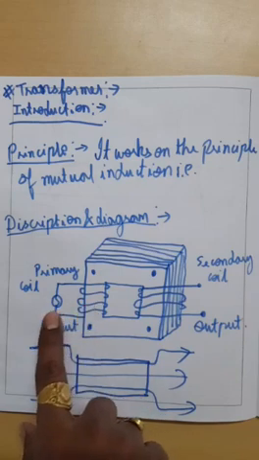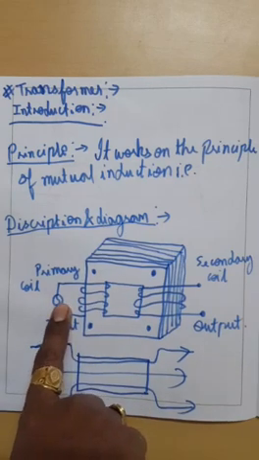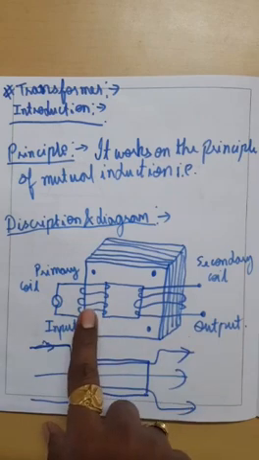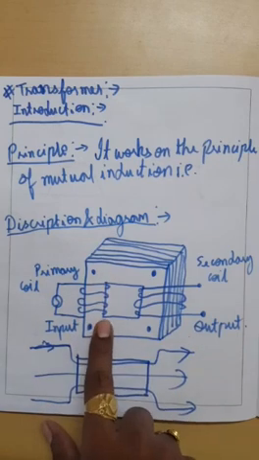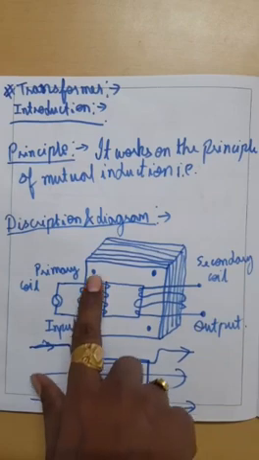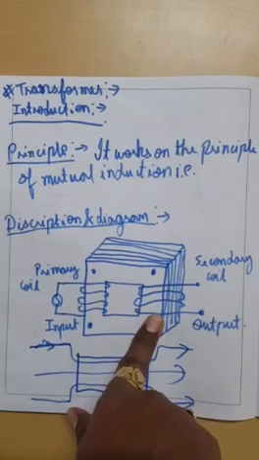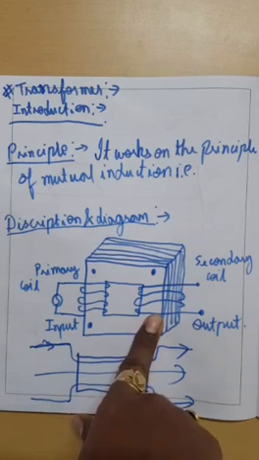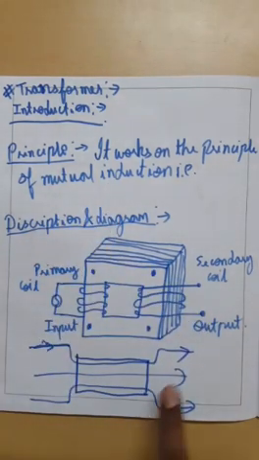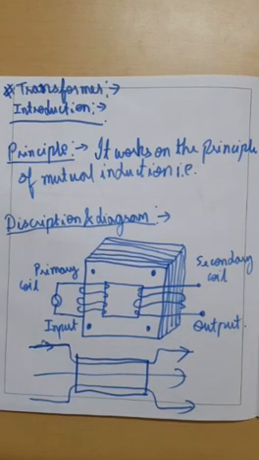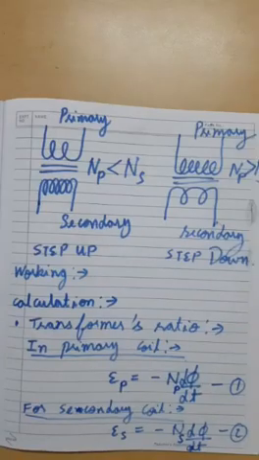Okay, so when alternating current is given from here, that is our input, then some magnetic field lines would be produced over here because of the changing current, and these changing magnetic field lines would come and get linked with the secondary coil, because of which EMF would be induced by the principle of mutual induction, and this EMF could be taken out from the secondary coil. So this is a very general working of the transformer, very easy.